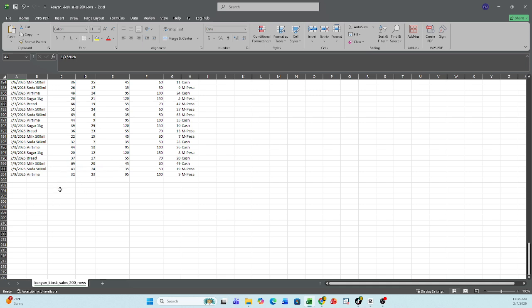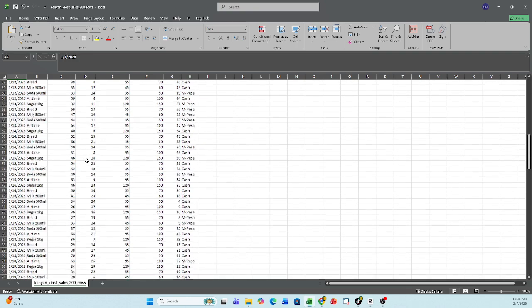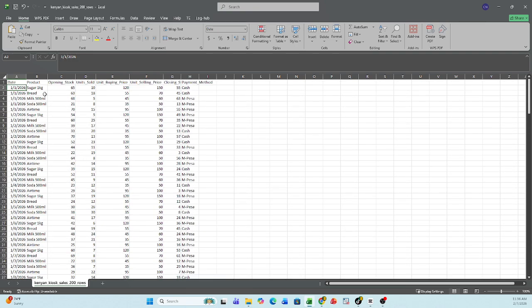9 February 2026. So some of the things that were captured in this typical data were the product, what was being sold, how much was in stock in that specific date, or before that transaction was conducted,